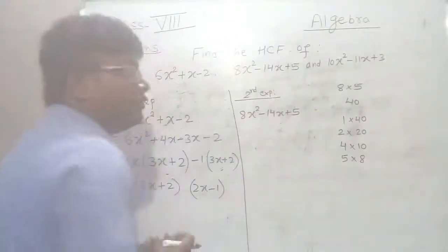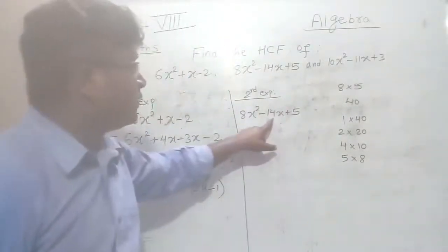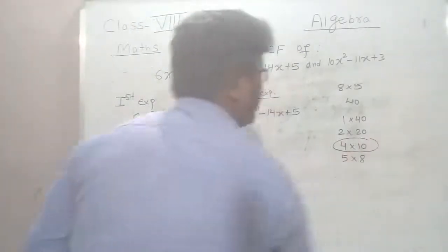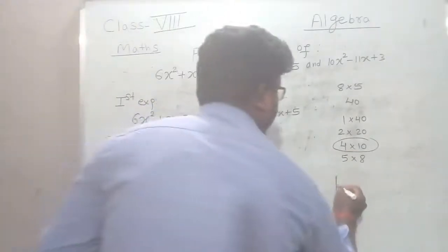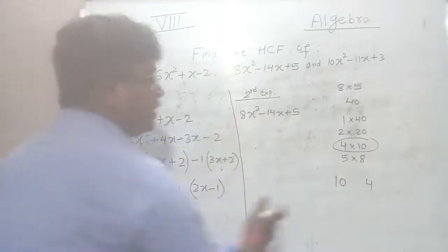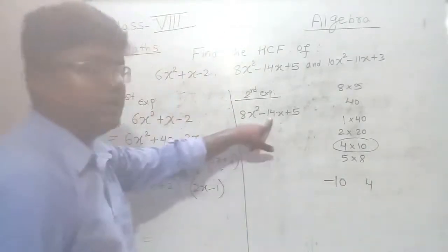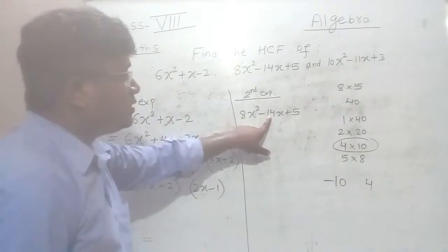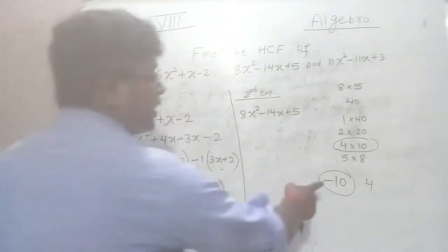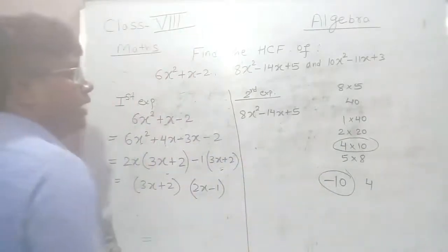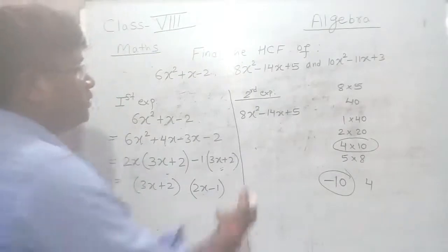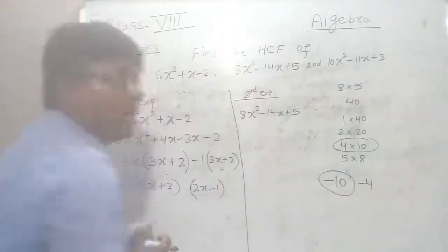Okay, so we have to find such a pair whose sum or difference is 14 first. Okay, this is the pair. First write greater, then write smaller. So we have to get the answer in negative, so your bigger one must be negative. Okay, so to get minus 14, this is fixed, because the answer is in negative, minus 14, so greater must be negative. Now the smaller one, what sign will you give? Because you have to get minus 14, so this also must be minus 4.